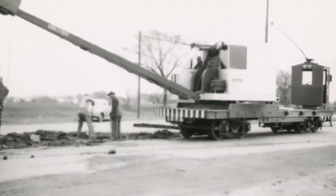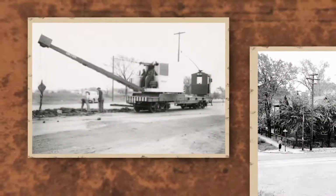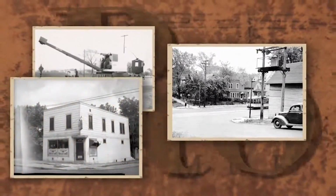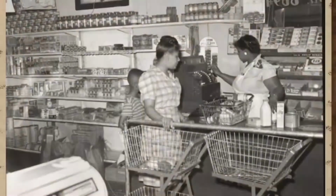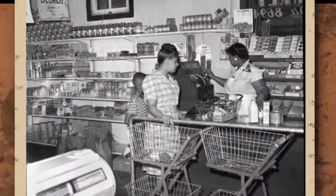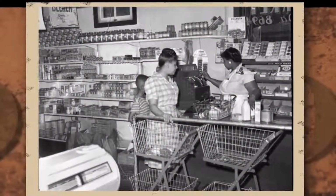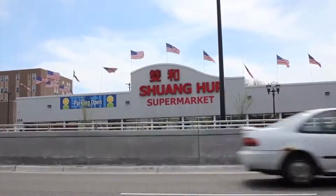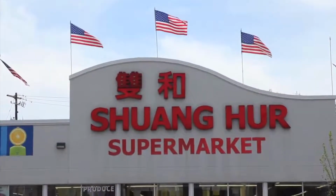In time, the building of Highway 94 replaced University as the main route between the Twin Cities and led to the destruction of the predominantly African-American Rondo neighborhood in the 1960s. Much of this community would head north to reestablish itself in Frogtown. Later, other immigrant groups such as the Hmong, Vietnamese, Somali, and Latinos would create much of the character of the